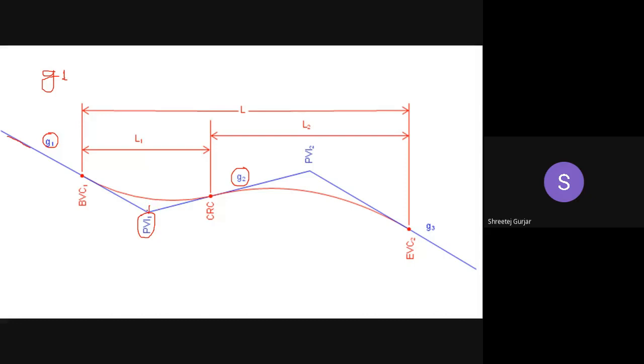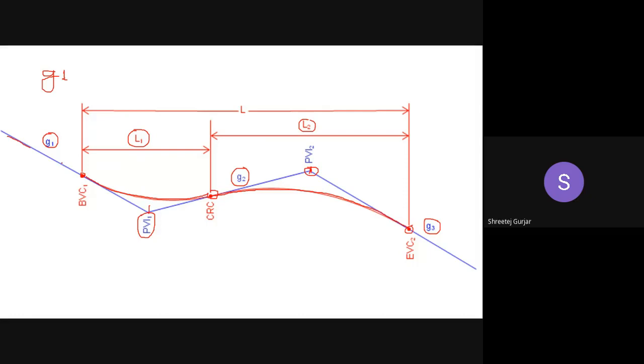Here you can see we provide a vertical curve starting from here up to here. This is the vertical curve which is provided, in red color. This is the vertical curve of length L1. Then this blue line, the rising gradient G2, is meeting a downward gradient G3. So here also we have a change point, and to avoid this sharp, abrupt change at the apex, we provide a vertical curve in this fashion. It is from this point to this point, so it has a length L2.